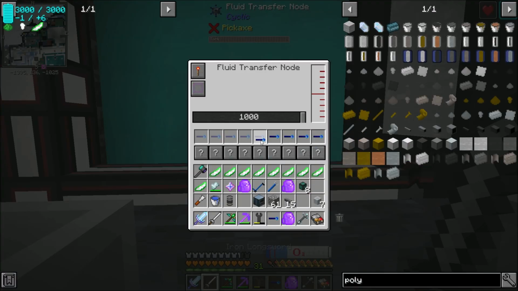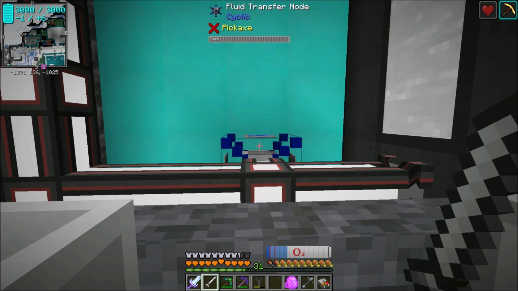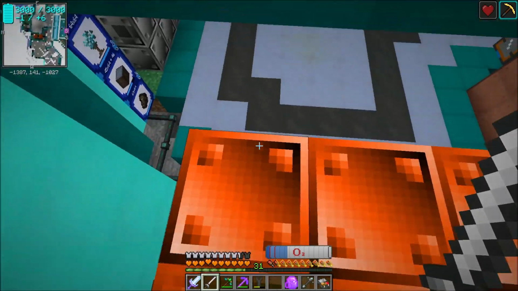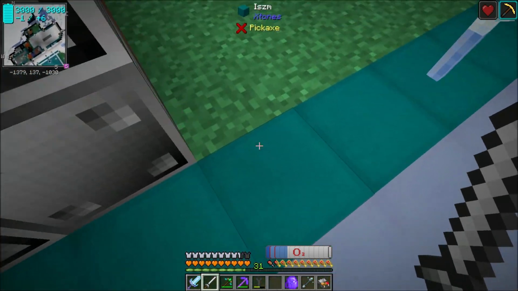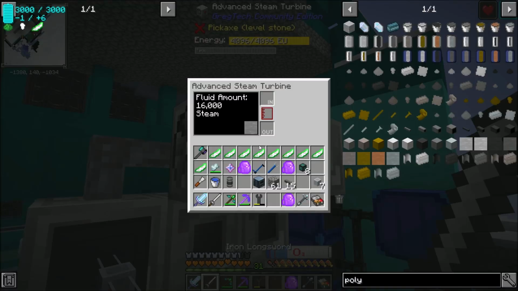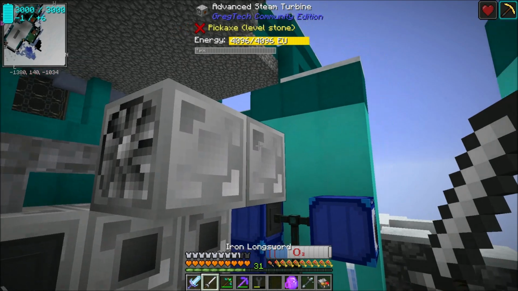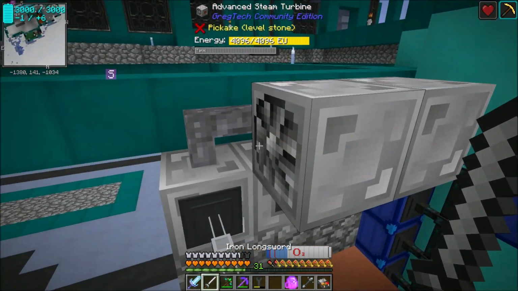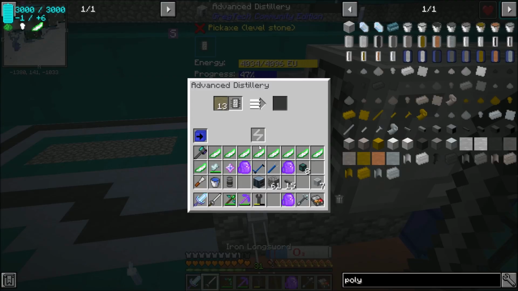And let's go ahead and put that there, that there. And then, of course, not all these systems are going to be running most of the time anyways, so we should be A-okay. That's filled up. That's filled up. You can see it is eating a little bit of steam here because this is currently running